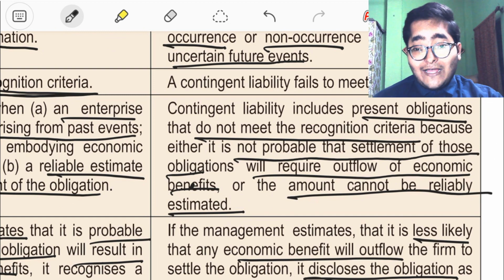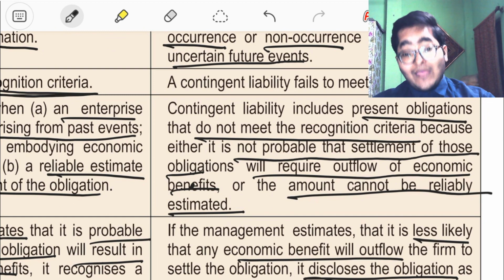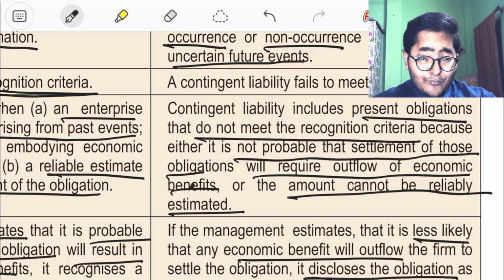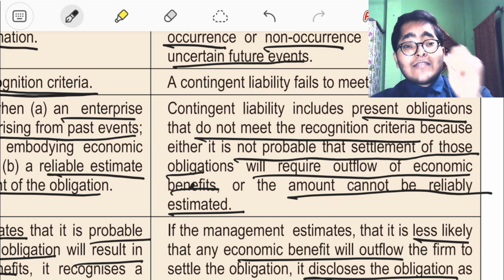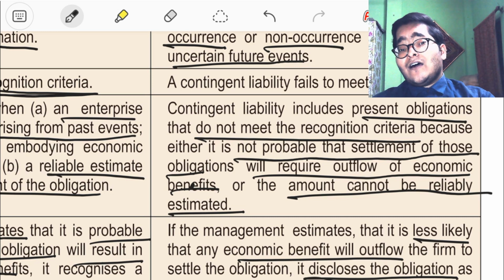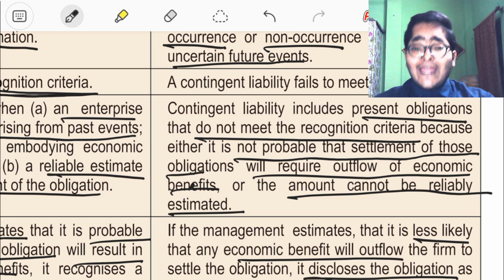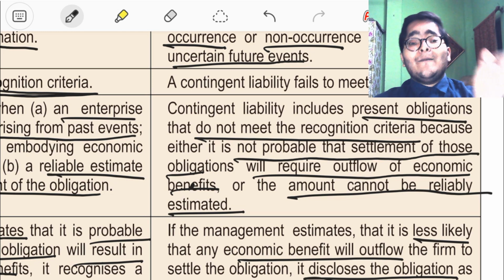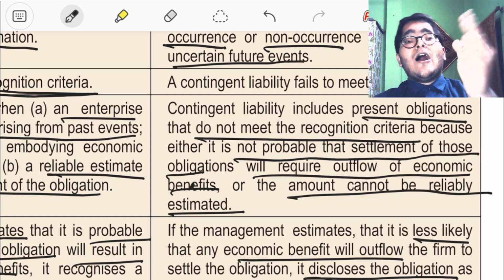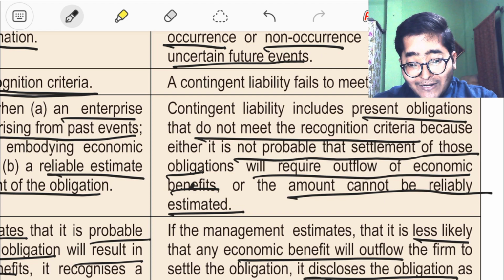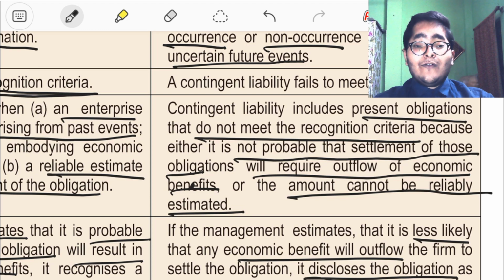कंटीजेंट लायबिलिटी तब भी होता है जब एक प्रेजेंट ऑब्लिगेशन का आउटफ्लो ऑफ रिसोर्सेज का प्रोबेबिलिटी कम होता है, या तो उस आउटफ्लो ऑफ रिसोर्सेज का अमाउंट हम लोग एस्टिमेट नहीं कर सकते हैं, इसलिए हम लोग कंटीजेंट लायबिलिटी बना देते हैं। या फिर उसका अमाउंट जो है उसे हम लोग ट्रेस नहीं कर सकते हैं। नंबर 2 पॉइंट ये भी हो सकता है कि उसका जो आउटफ्लो ऑफ रिसोर्सेज है उसका प्रोबेबिलिटी बहुत कम हो जाता है, इसीलिए हम लोग उसे कंटीजेंट